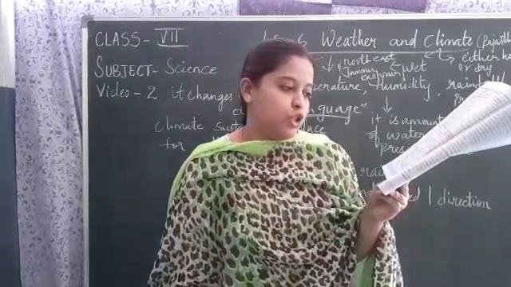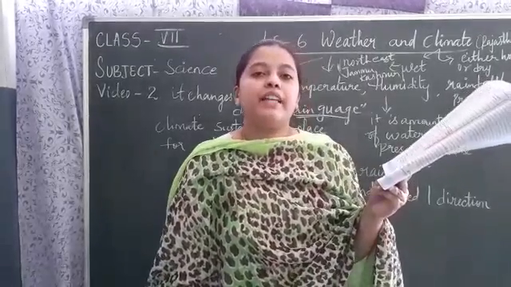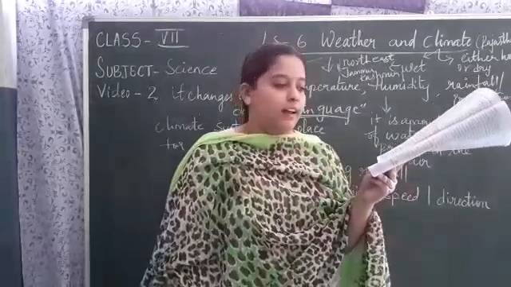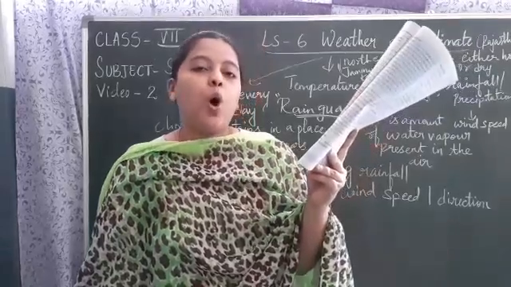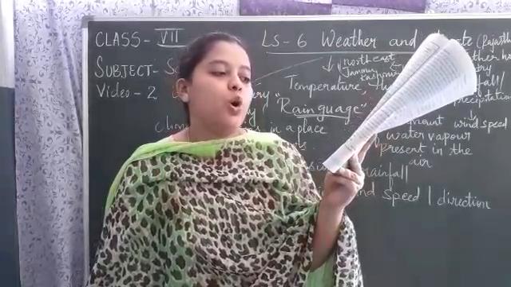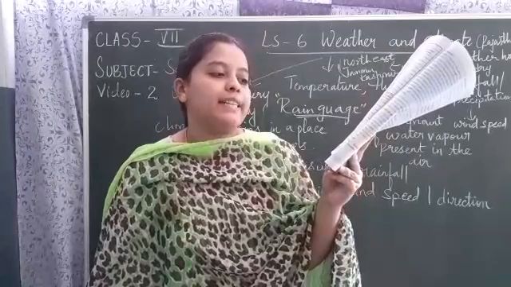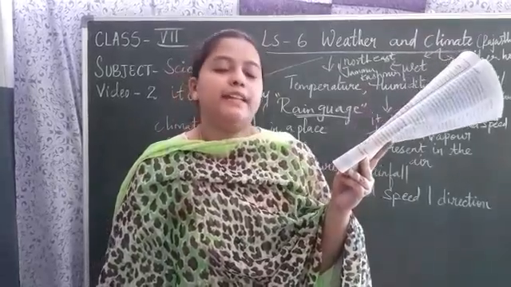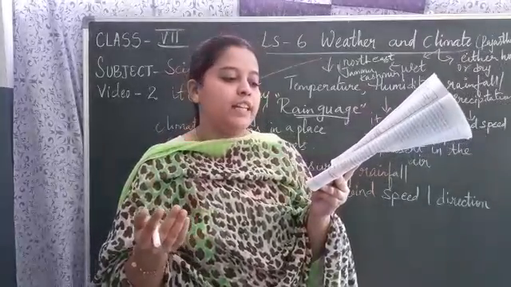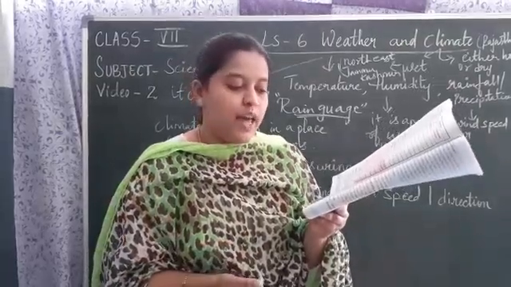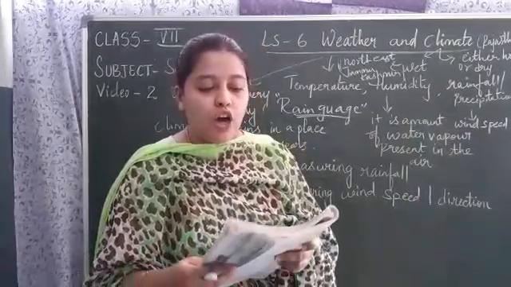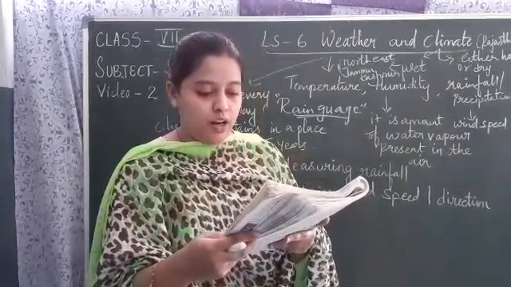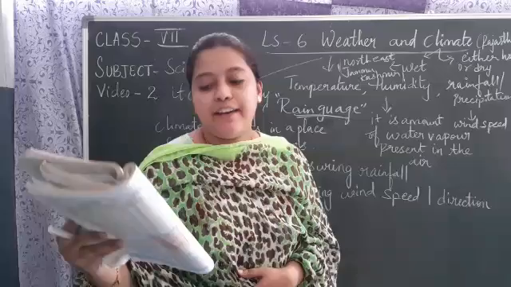For example, in the month of June, we expect weather to be dry in Bangalore, humid in Kolkata, hot and dry in parts of Rajasthan, cold in Kashmir, and rainy in coastal Kerala, children. See children, in coastal Kerala it is always rainy in the month of June, or it would always be humid in Kolkata.